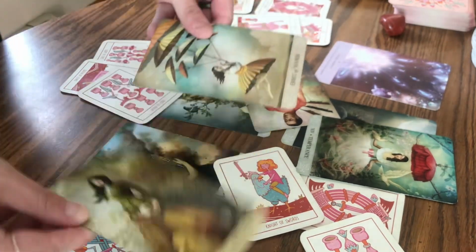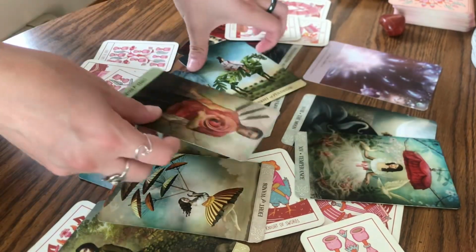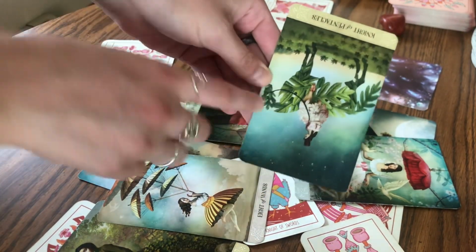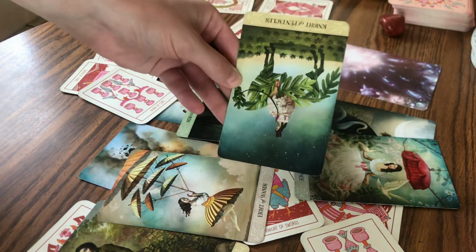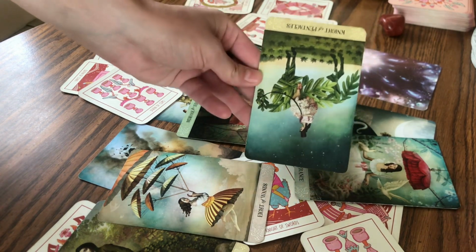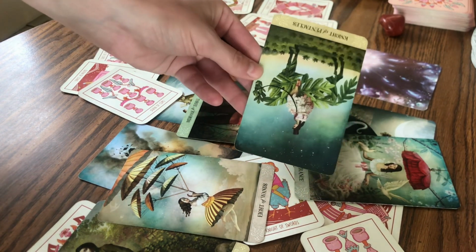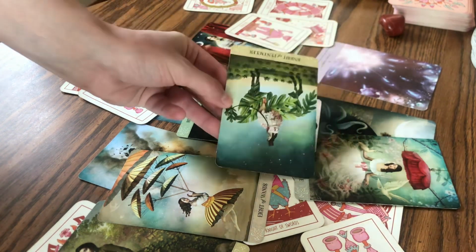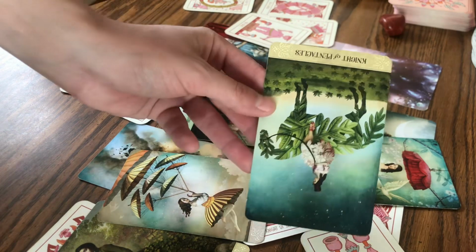8 of Wands, Queen of Pentacles in reverse. Whatever you're asking about, this is going to be inconsistent. It's not going to reap the rewards that you thought it would. If you're asking about money or finances in some way, shape, or form, just know that it's not going to be consistent with finances. It's not going to be consistent with work in some way, shape, or form. If this is a person, which I feel like for a lot of people it might be, just know that